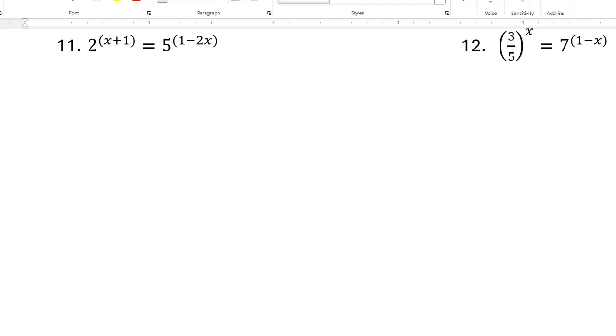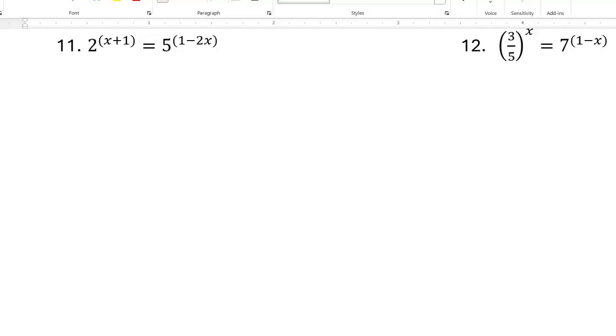All right, so let's take a look at number 11 here. So this one we can't equate the bases easily by any means, right? So 2 raised to what is 5? I don't know what that is. That's going to be a lot tougher. So we're going to have to do some work here and bring in logarithms because we want to bring those